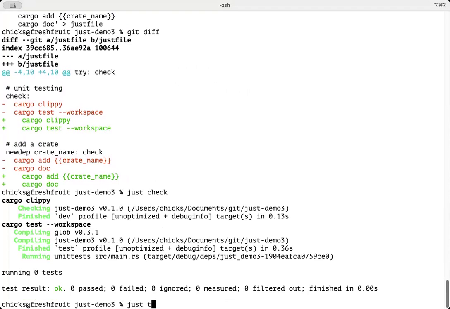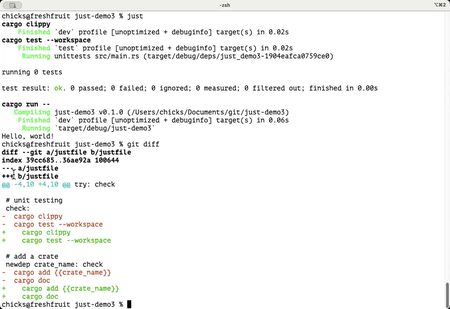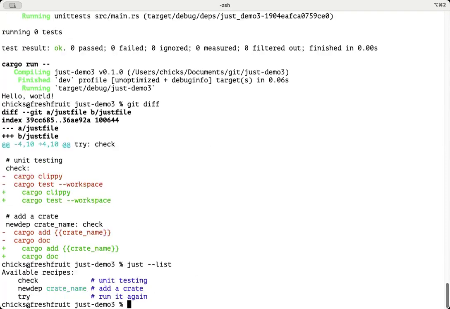But I can also do my just, and so we're running a tab delimited recipe for check, and then we're running a space delimited recipe for try, and everything worked and nothing blew up and life is good. And again, we see that the spaces changed with tabs right there, and our just list is still working. So life is good. So let's commit that